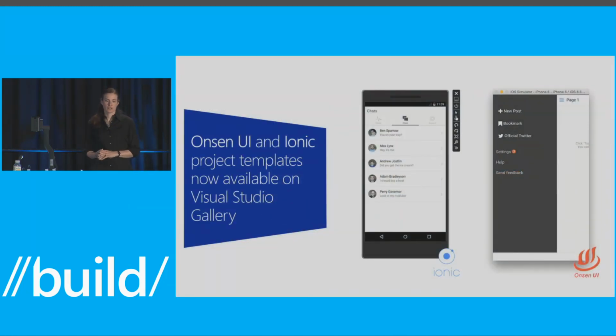One of the things we hear a lot is that building your UI for cross-platform is difficult. There are libraries out there that help bridge this specifically for Cordova applications. And on the right, you see Onsen UI, and on the left, you see Ionic. Both of those libraries have created templates for new projects that you can get within the Visual Studio Gallery today